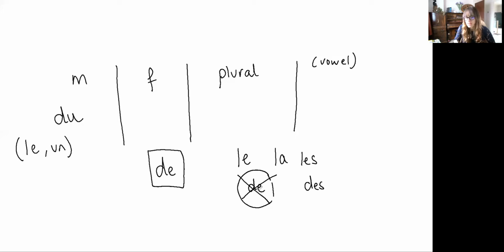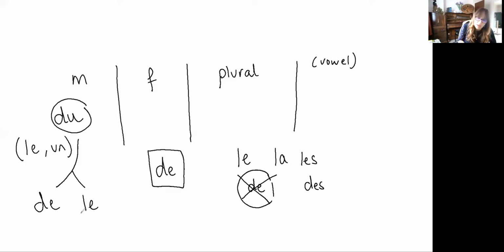So the reason why we have du here is because it's a contraction between de and le. And all of a sudden, it starts to make a lot of sense. So you have the article for the masculine singular that is contracted with the word that means the part of a whole. And that's how you're actually going to build your partitive article. So with de le, you would never actually use de le in French because we straight away contract it into du. Okay, so if you want to say some milk, you'd say du lait.